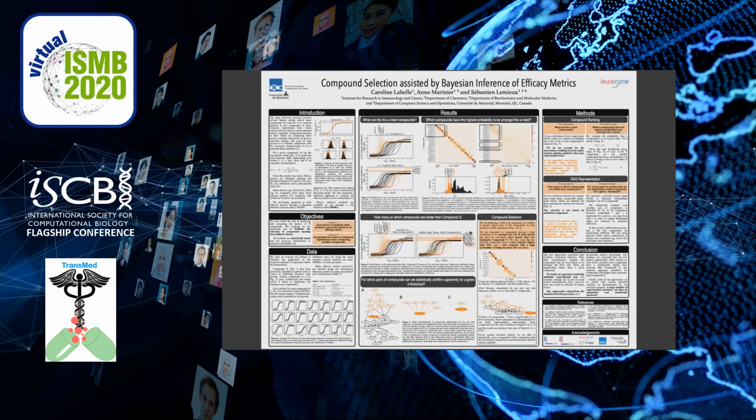This type of selection is not based on statistical comparison, and thus we propose to incorporate the notion of statistical significance in the selection by answering a more general question: for which pairs of compounds can we statistically confirm superiority for a given alpha threshold? We construct a directed acyclic graph, a DAG, to illustrate relationships amongst a set of n compounds. Each possible pair of compounds is compared with our two compounds comparison methodology. If the comparison is significant, then an edge is added to the DAG, and redundant edges are eventually removed by